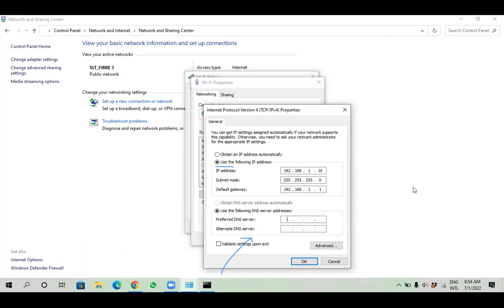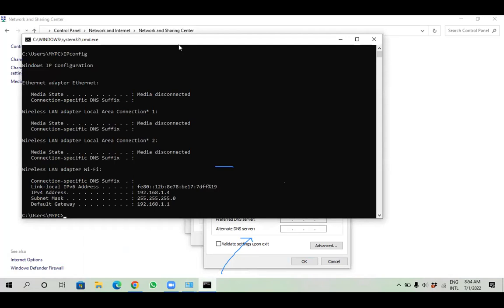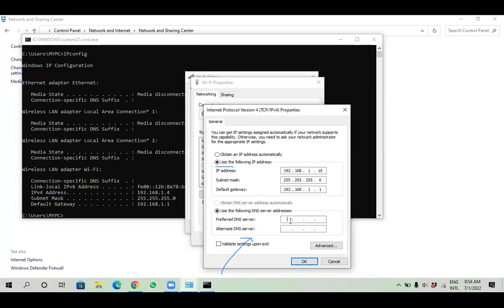Right? Just type the preferred DNS as your router address. That is the first contact point, 192.168.1.1. That is your IP address, which you wrote down earlier. The default gateway can be given as the DNS server too. It is the immediate contact point. If it is not available, your router will contact your ISP.